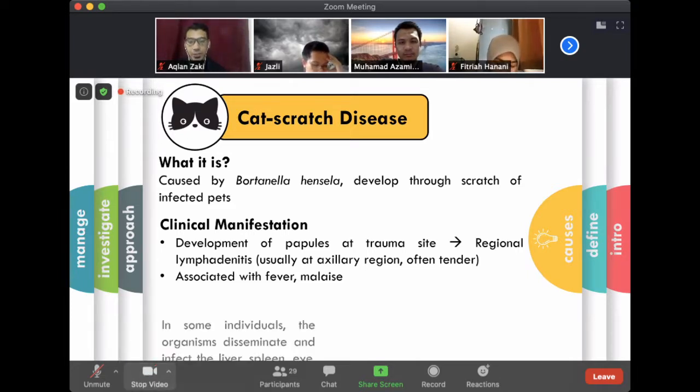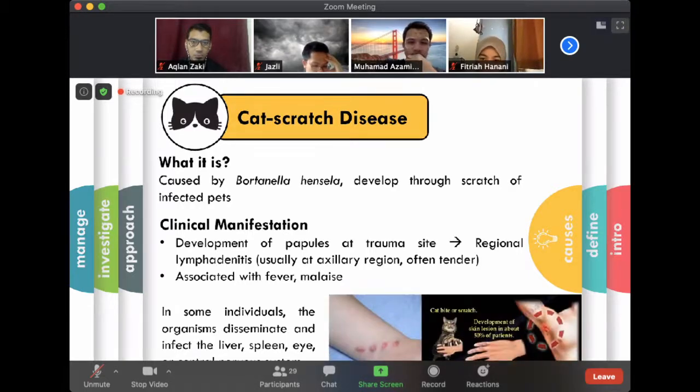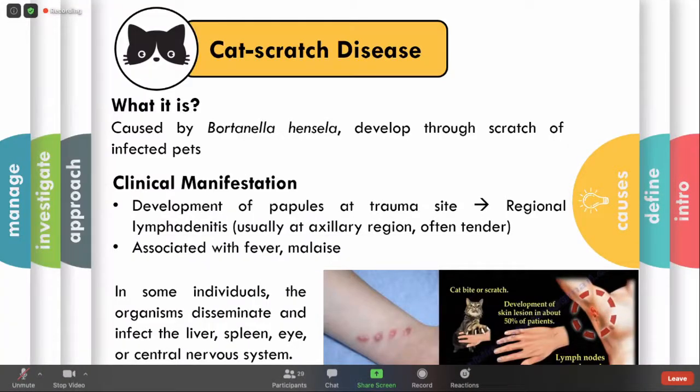It usually starts with the development of a papule at the site of trauma, followed by regional lymphadenitis 1 to 2 weeks later. The nodes are almost always tender, often have erythema on the overlying skin and occasionally suppurate, just like in this picture. In some individuals, particularly immunocompromised patients, the organism may disseminate and infect the liver, spleen,